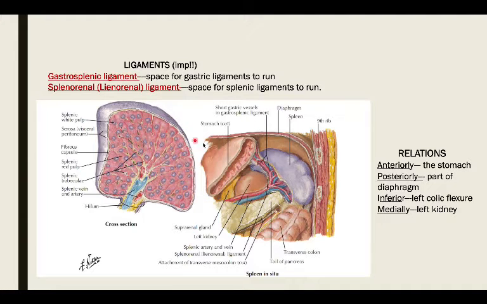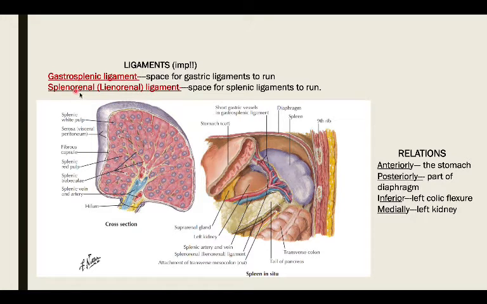Then there's one more important thing from the exams point of view. I remember them asking in MCQs as well as in SPs, and they can even ask in the viva, we never know what they're going to ask. But this gastrosplenic ligament right here, as the name suggests, is between the stomach and the spleen. They're going to ask you to label it. If they ask, this right here is the gastrosplenic ligament between the stomach and the spleen.